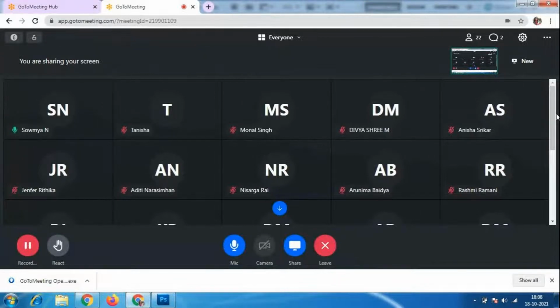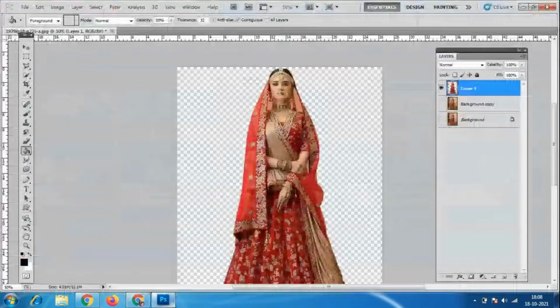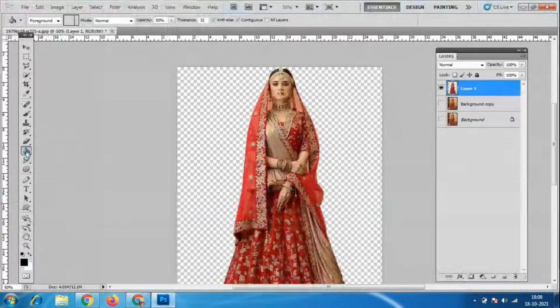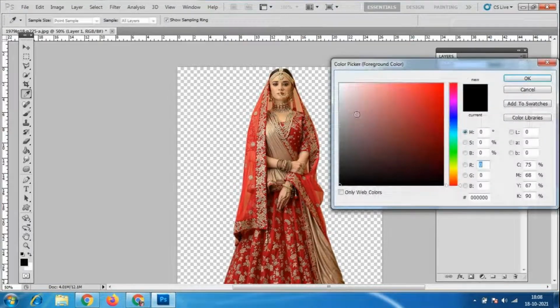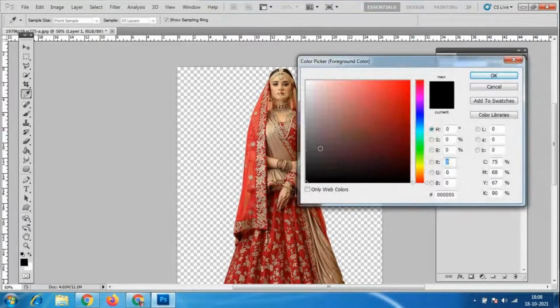So we have this paint bucket tool. If I select it, in the downside we have two different colors, black and white. I want to give some different color here. I'll left click on this black and you will get these many colors.